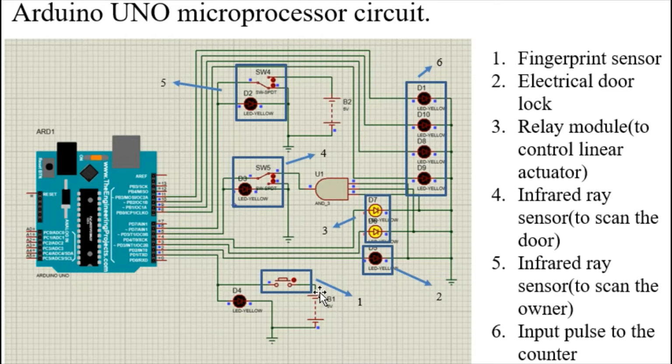The first part is the fingerprint sensor replaced by the push button, and the second part is the electrical door lock represented by the LED. Then this part is the relay module represented by two LEDs, and this part is the infrared sensor which is used to scan the door. Then this big part is the infrared sensor which is used to scan the owner, and the sixth part is the input pulse which is transferred to the